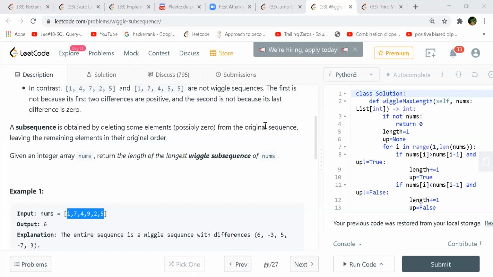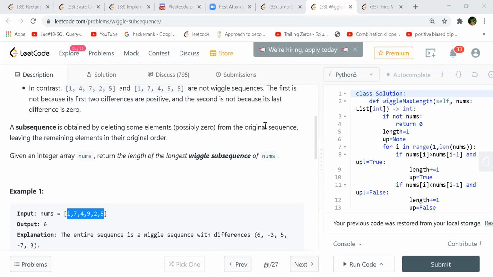As Abhishek said, you don't have to do all that. If you just look at the adjacent elements: if the first was lesser, then for the next one you go for a decrement. If it was increasing in the first one, you look for a decrease in the next one. If you keep alternating that way, you don't have to do all those things, and it might be a more optimized way of implementing.